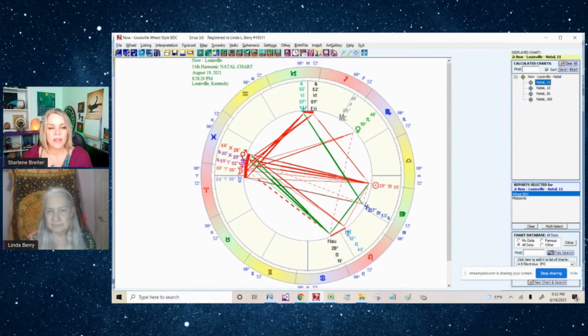And I'm curious, with mixing Eris in there in that pattern and Haumea, because Haumea is making that conjunction, I guess not to the sun, but to Mars, which goes back to the sun. But Haumea is on Mars, Jupiter, Pluto, and the sun. Oh, it is on the sun. Okay, I couldn't quite tell. Yeah, it's a sextile on the sun.